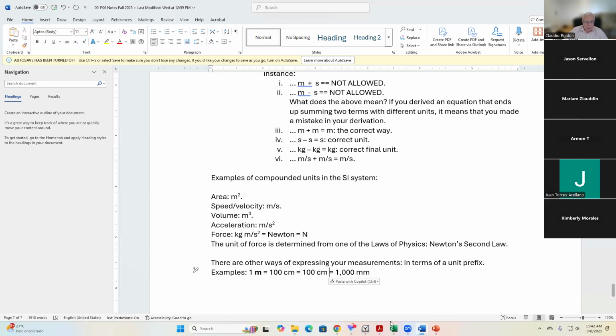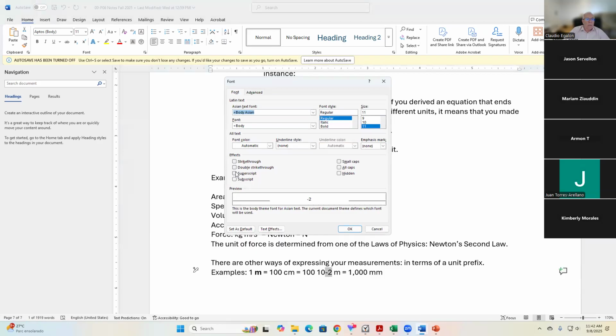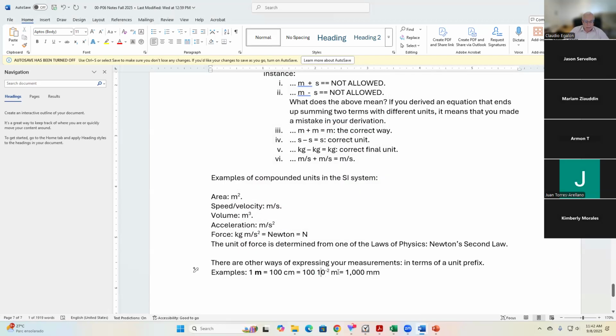The centi prefix, what does it mean? You have already seen that, most likely. 1 centi means 10 to minus 2. I'm going to put a multiplication sign here. 10 to minus 2, that's what centi means. And milli is something similar. 10 to minus 2 is 1 divided by 100, right?